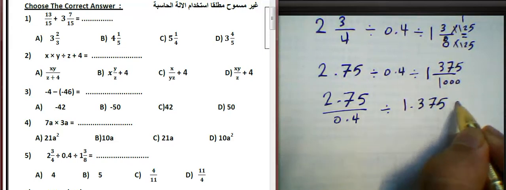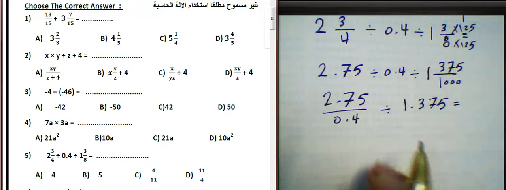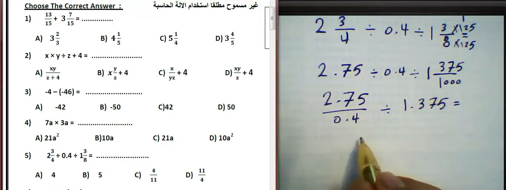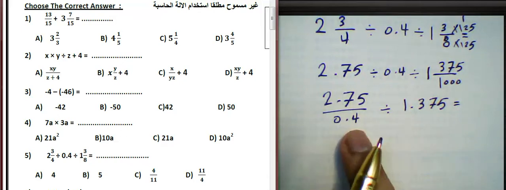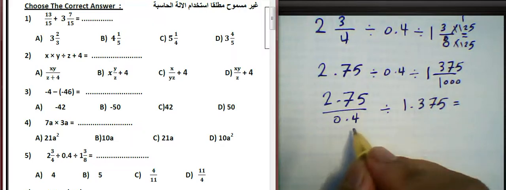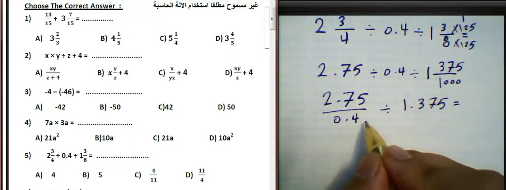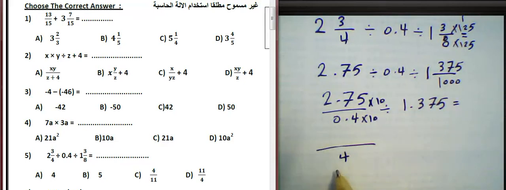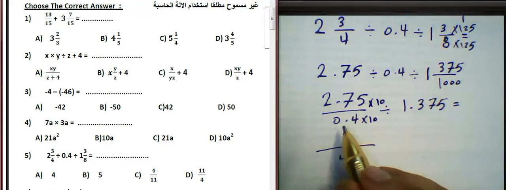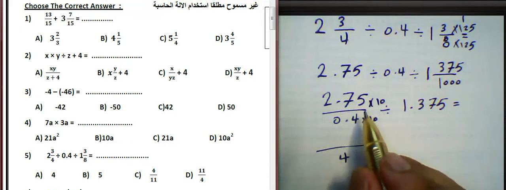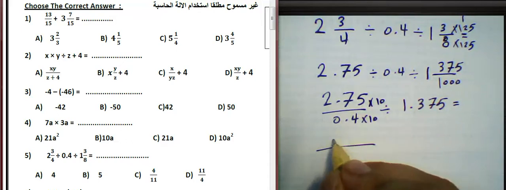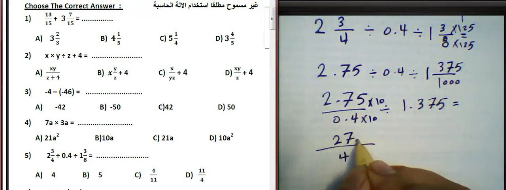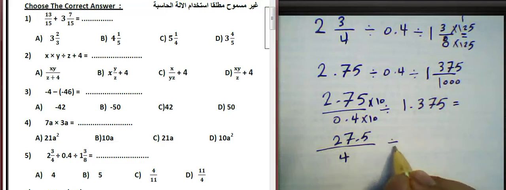375 thousandths. In this step we can convert by multiplying by 10 because the denominator is a decimal number. We must convert from decimal number to whole number by multiplying by 10, because the point is after one digit, so we must multiply by 10 in the denominator. So the result will be 4 here, and in the denominator we move the point one step to the right. So the result will be 7.5 divided by